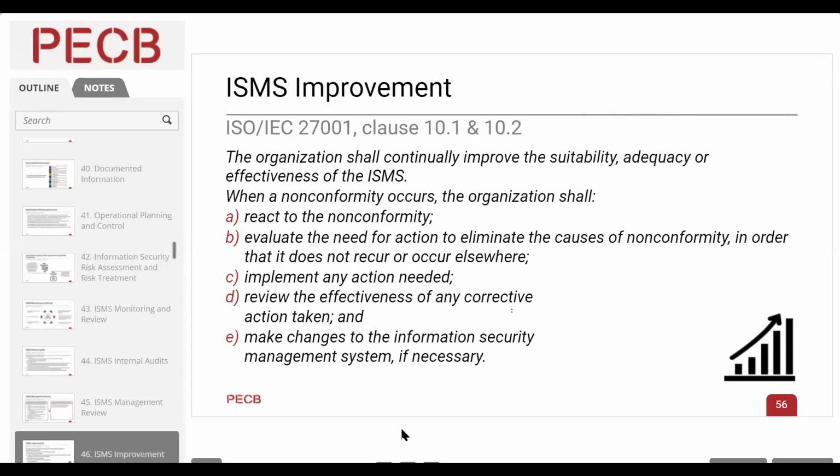Those are some of the improvement opportunities, the things that would improve the information security management system. So any change to the process, to the,